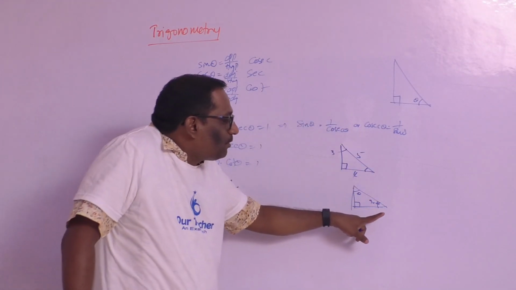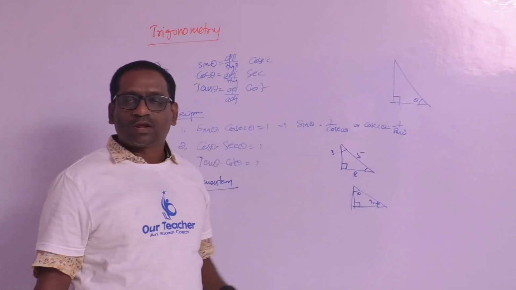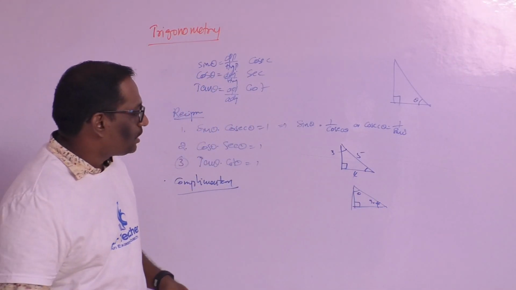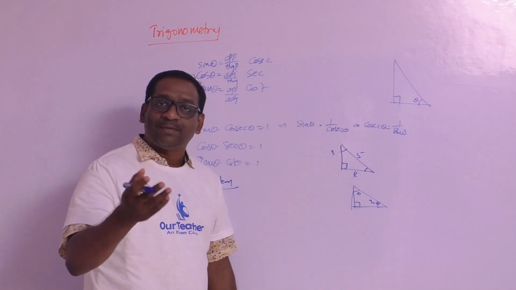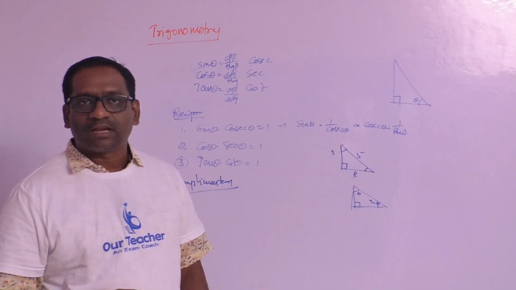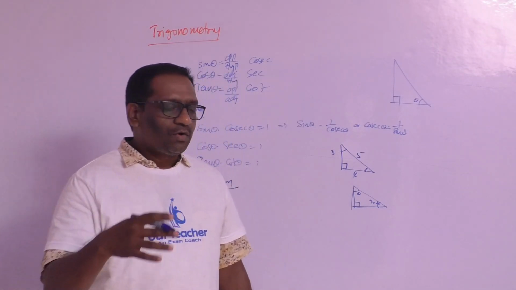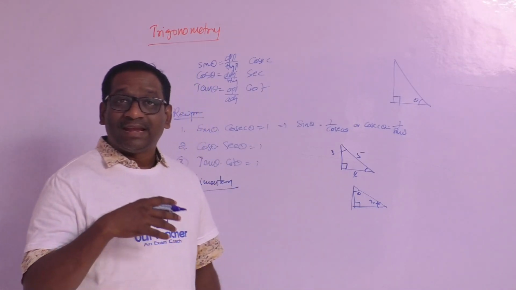So these two are called complementary angles to each other. Now we will discuss the sin 90 minus theta value, cos 90 minus theta value, tan 90 minus theta, in such a way we will discuss all these values. And the next topic is